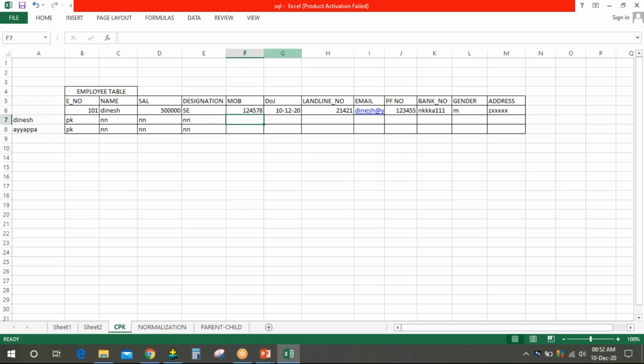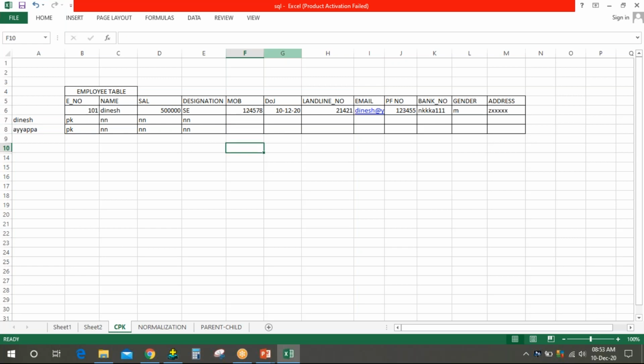Two people can have the same mobile number, or people below the poverty line who have just completed 10th or 12th may not have the money to afford mobiles. If I put not null here, they must give a mobile number. So we must give an option where the mobile number can be entered after a few days. In such cases, there will be no constraints here.